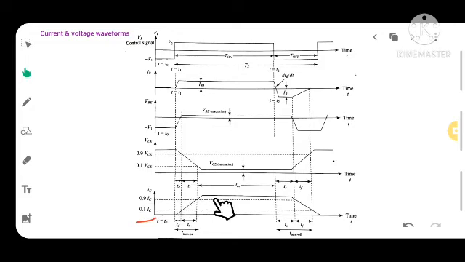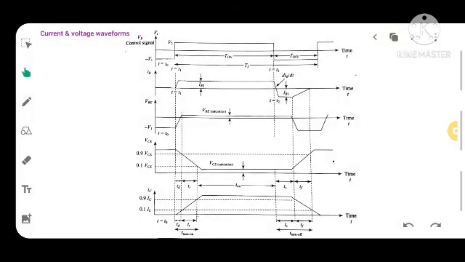As the current is increasing from 10 to 90%, obviously the voltage will decrease from 90% of the maximum voltage VCC to 10% of VCC. So this is actually the rise time.